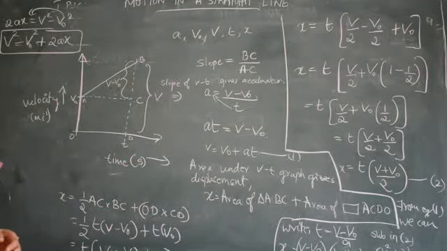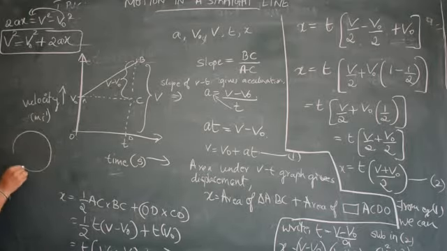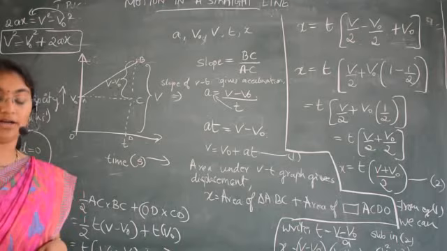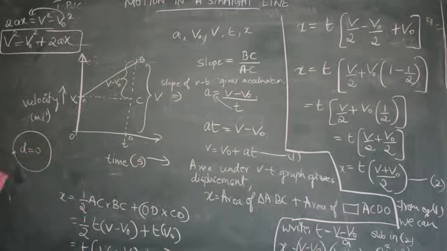Next, what I want to speak about is, if a particle is moving in a circular motion, what about the displacement? Suppose a particle is moving like this in a circular motion. What is the displacement? Displacement is equal to 0 because initial position and final position are the same. Therefore, displacement of a particle moving in a circular motion is 0. Correct? That is one important question. There is a possibility of asking it for your JEE, NEET or CET also.